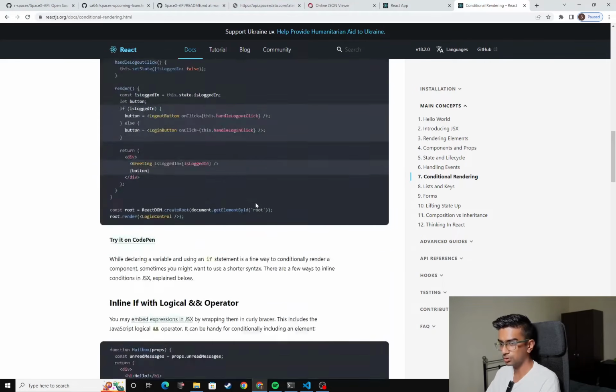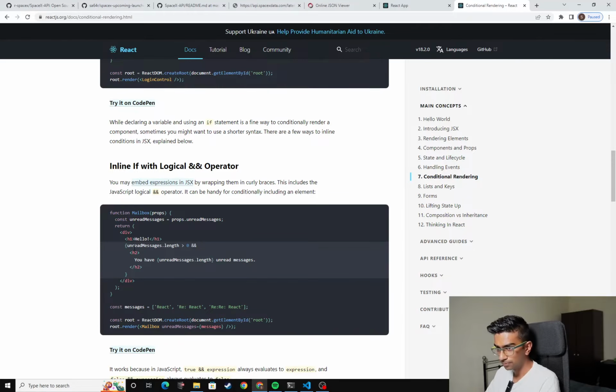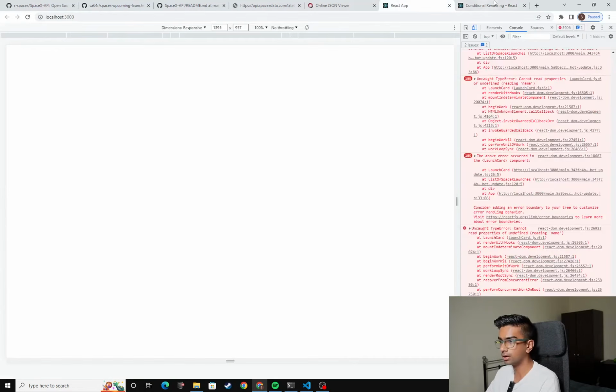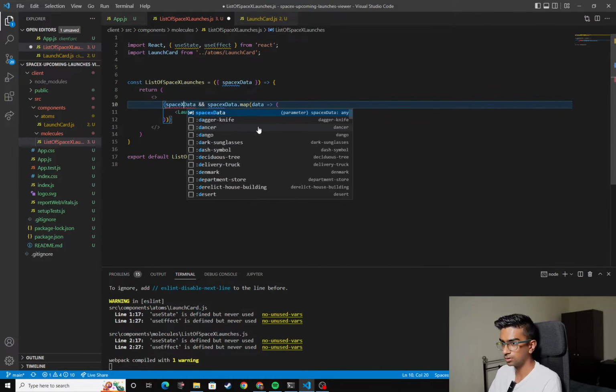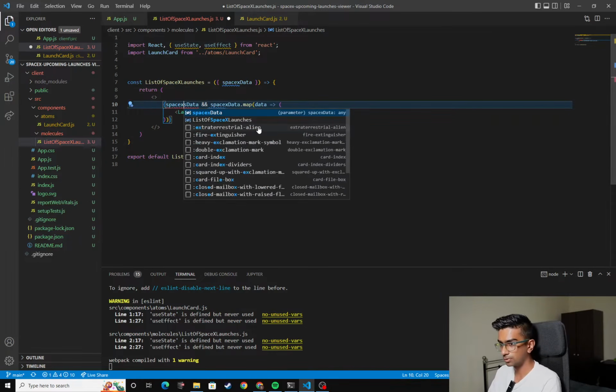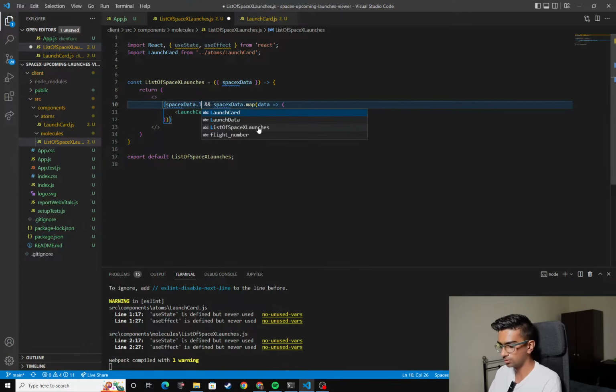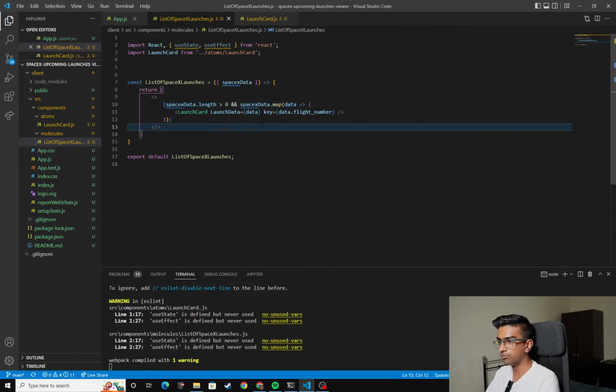Okay, I guess that was just you. Here you go. And this. Okay, so this is what they have. So let's do that. SpaceX data and this. Oh, that's not how you spell it. There you go. SpaceX data dot length is greater than 0. So hopefully